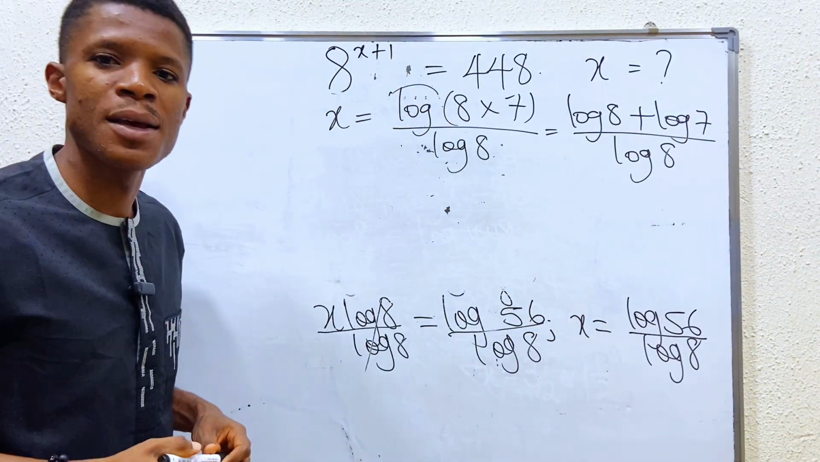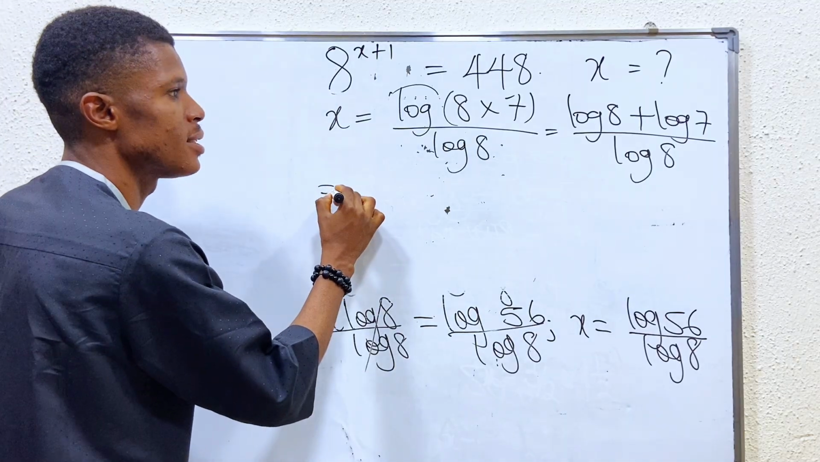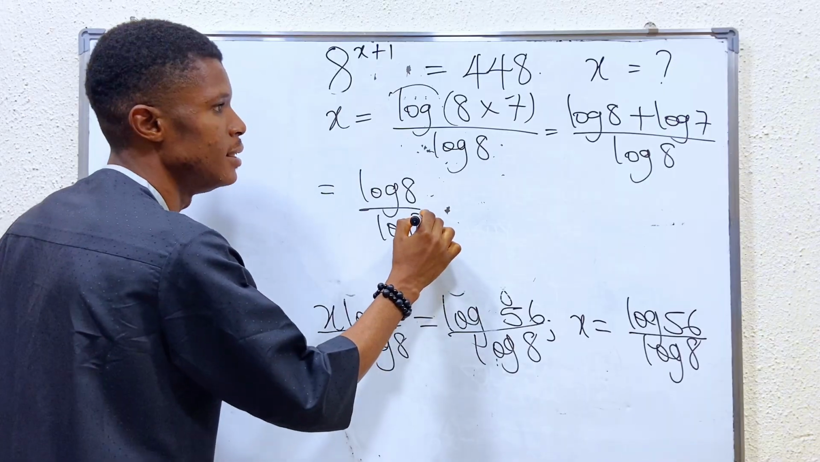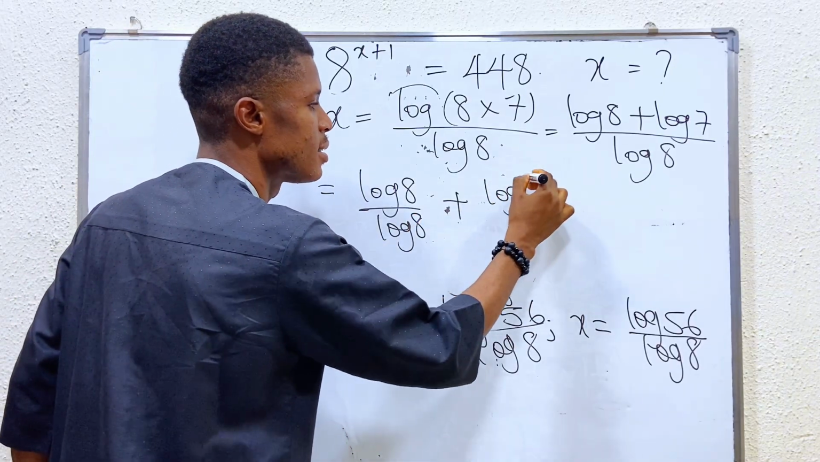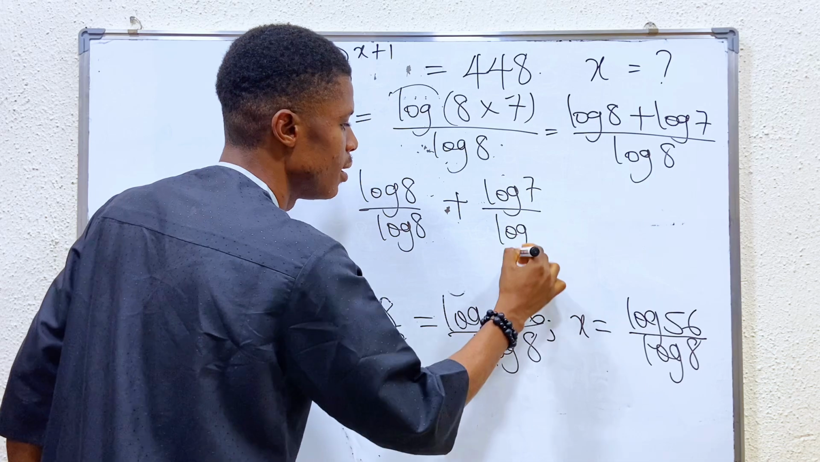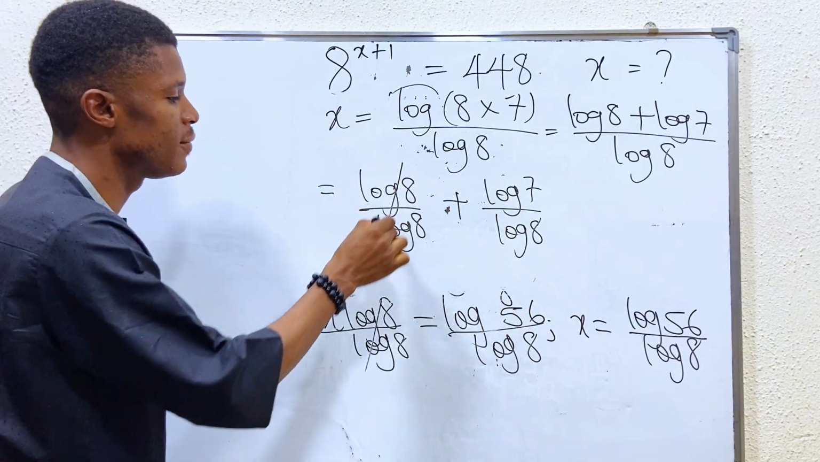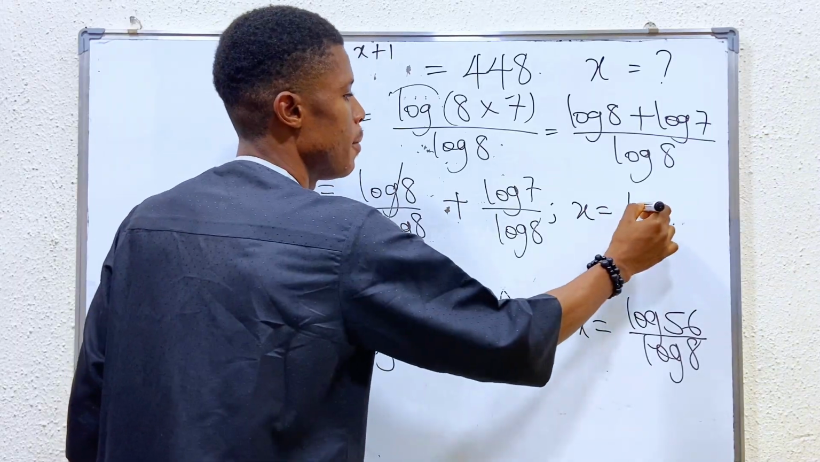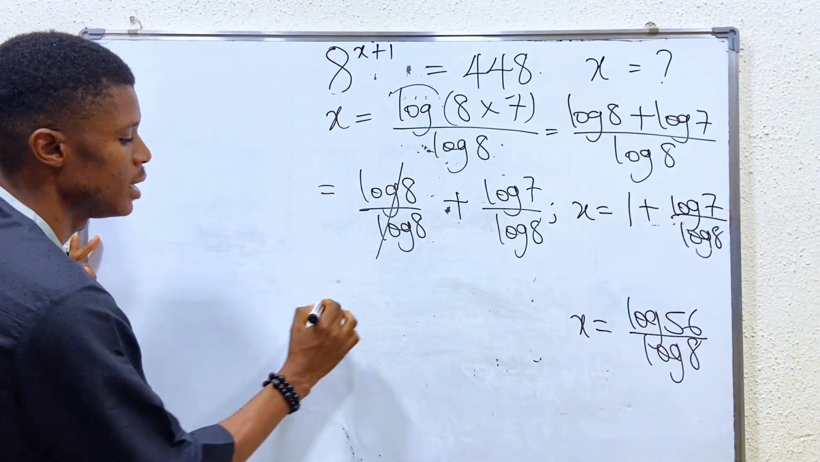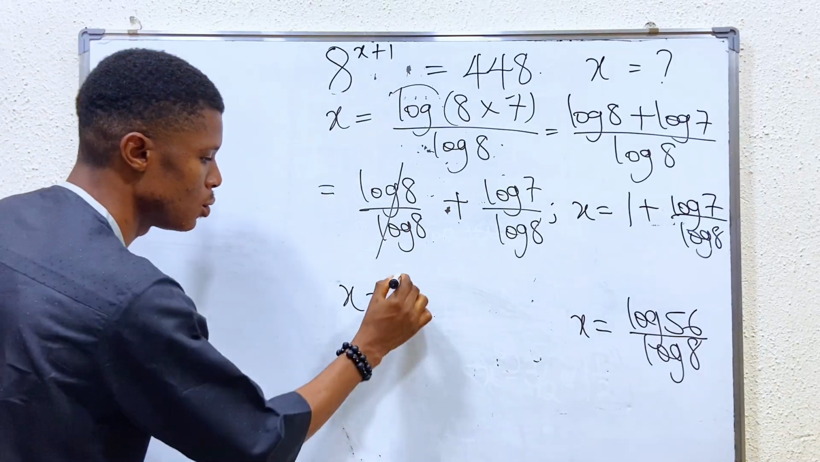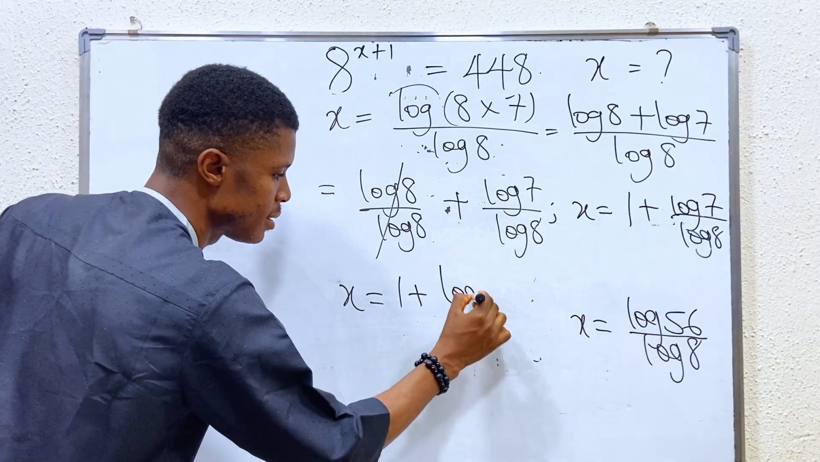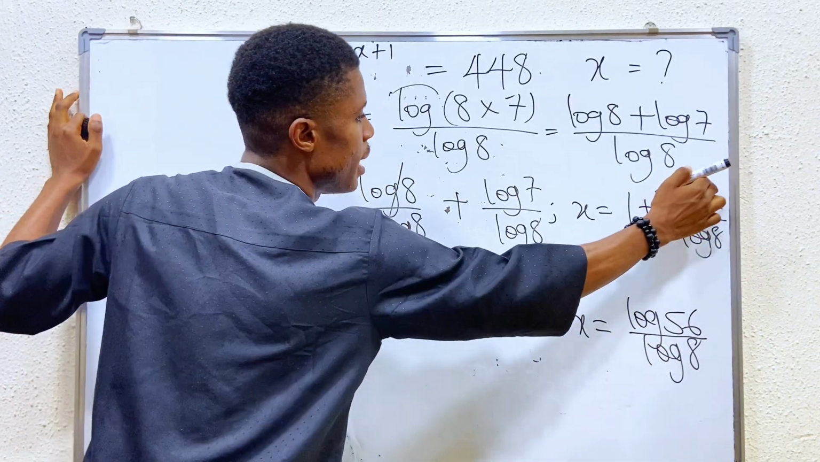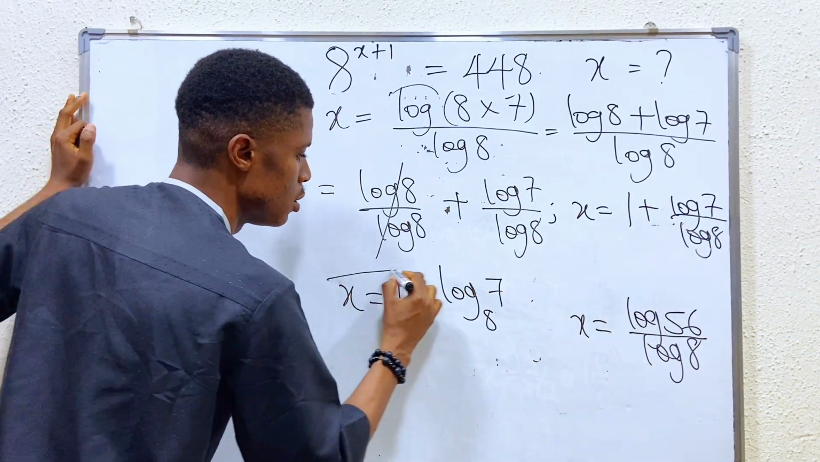Okay? Let's separate the fraction. This can now be seen as log 8 over log 8, plus log 7 over log 8. So if this cancels out, we now have x equal to 1 plus log 7 over log 8. That is, x is now equal to 1 plus log base 8 of 7, since the denominator becomes the base and the number in the numerator stays. So the answer to this